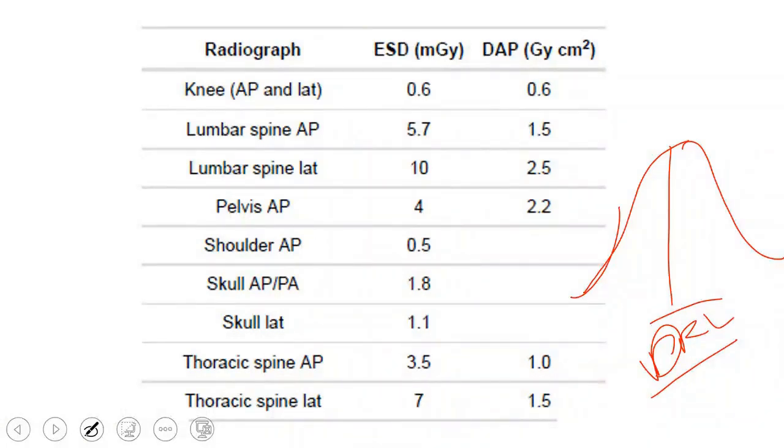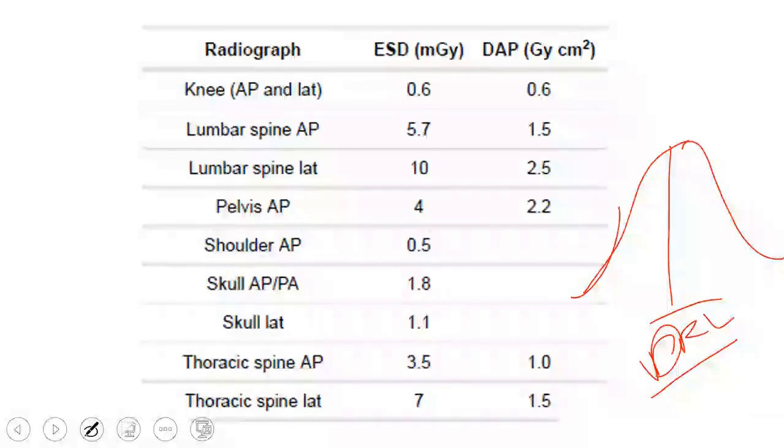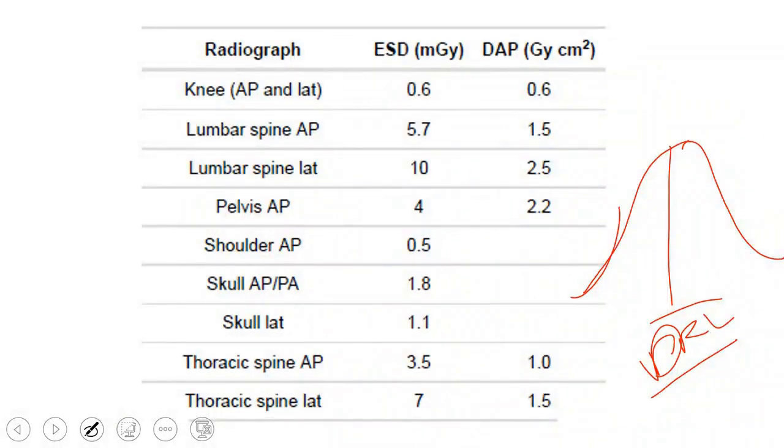I will conduct a survey. I now know that my diagnostic reference level, DRL, is this specific value. Okay, and the value for the other one is this specific value. Now I want to reduce this value. So what should I do? I should start by slightly improving the quality. I will use a certain technique to enhance my quality a bit. I will start to reduce, and I will use a certain technique,